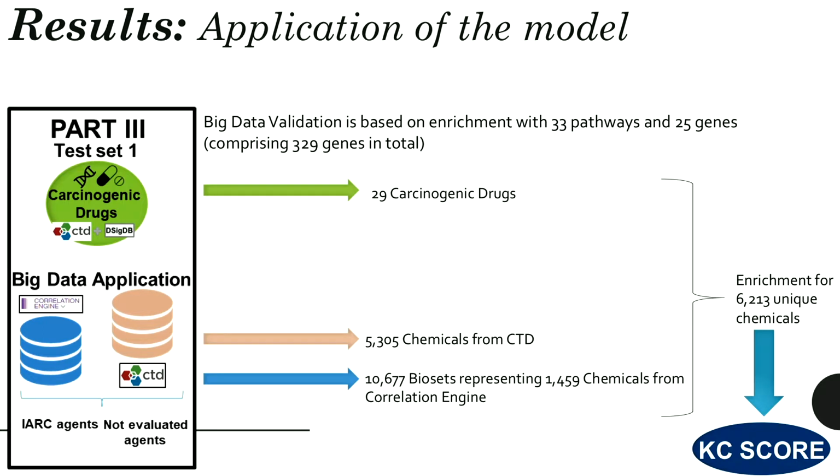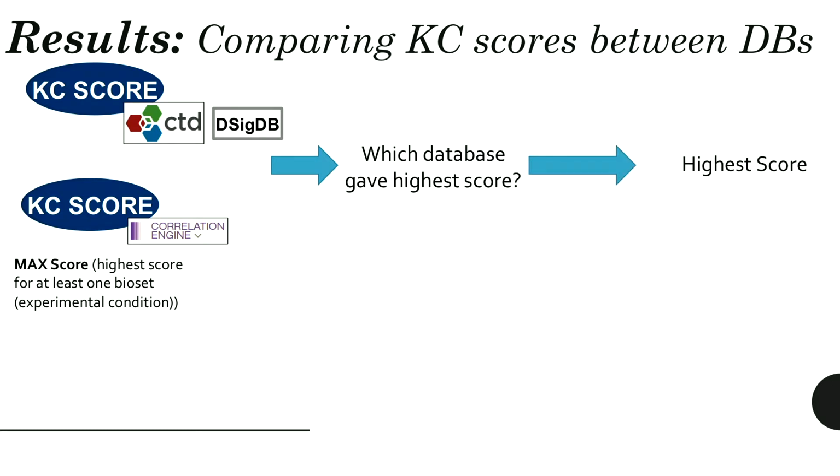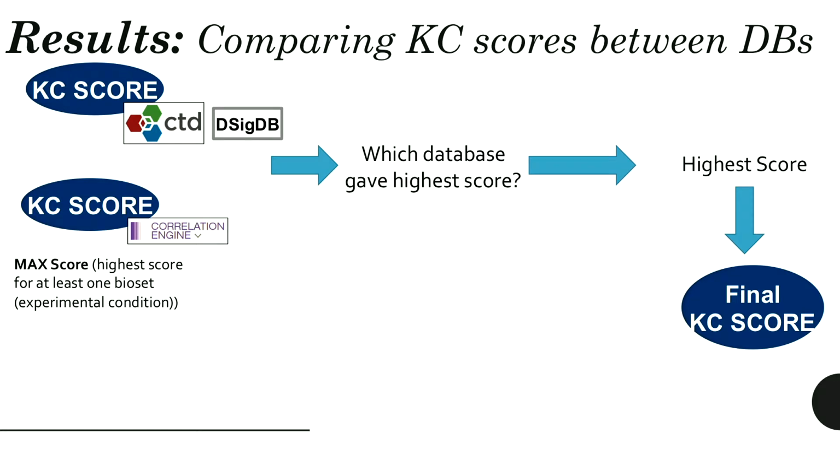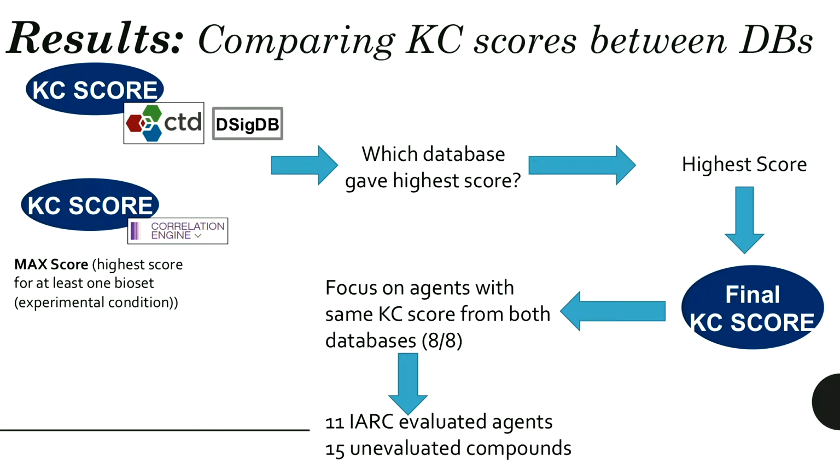Then, of course, we calculated a KC score for all these 6,000 chemicals. And then we were trying to prioritize them. So how did we do this? So which database gave the highest score when we compared the two? Then we looked at the highest score, and then we said, okay, this is the final key characteristic score. Then we focused on the agents which gave the same score from both of the databases, and we saw that